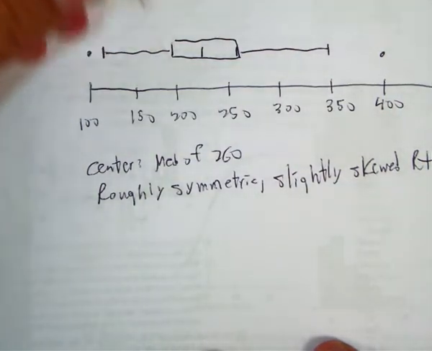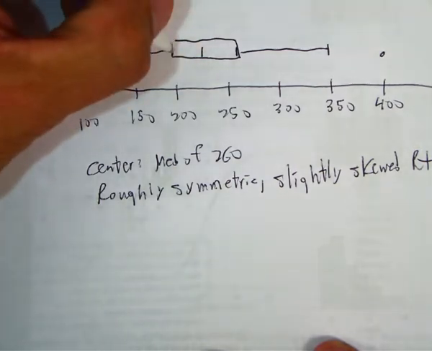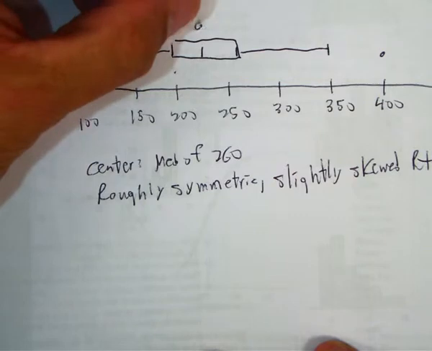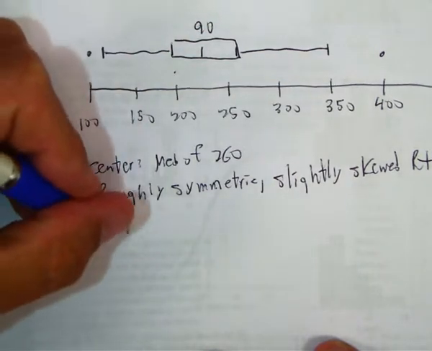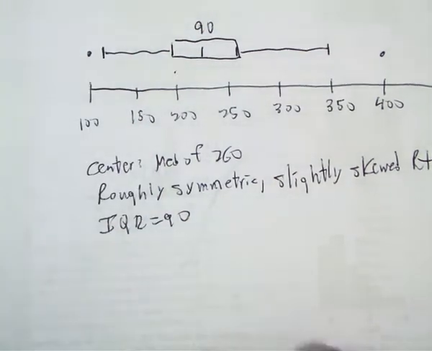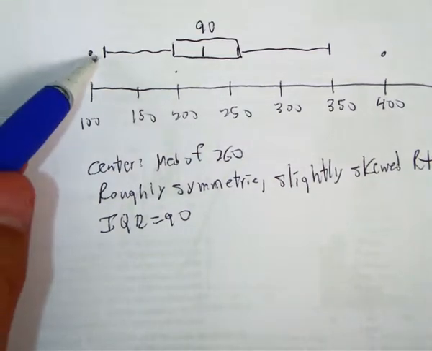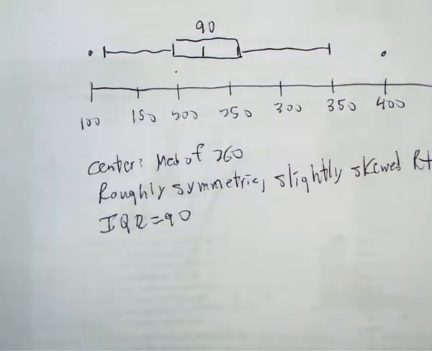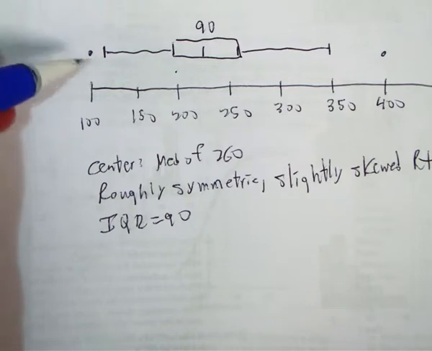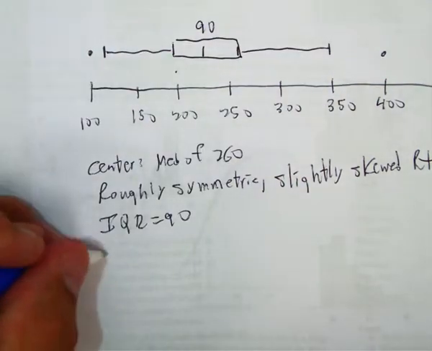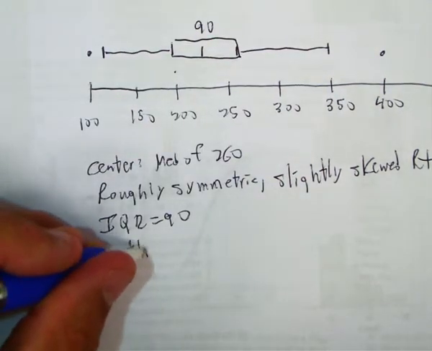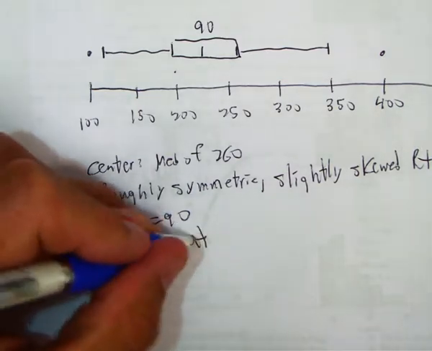Spread, variation: since there are outliers, I'm going to use the IQR. So the IQR here, this is 200, this is 260, so that's 60. And unusual features: we have outliers both at the lower end and the upper end. We don't know how many there are because we can't tell from the ogive, but we do know that we have them. So we do have outliers at both